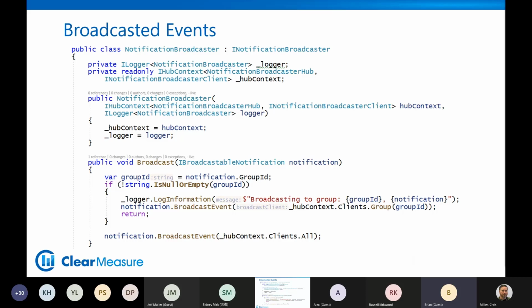Okay. I'm not going to go deep into this, but you will want broadcasted events. You will want to have some things that happen by a button click from one user, and you will want to broadcast it out to all of the other users of your web application. And when you're in Blazor WebAssembly or server side, you're really going to want to use SignalR broadcasting.